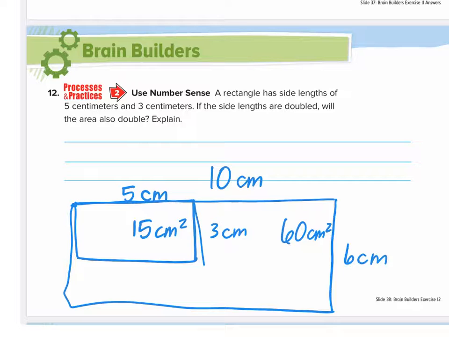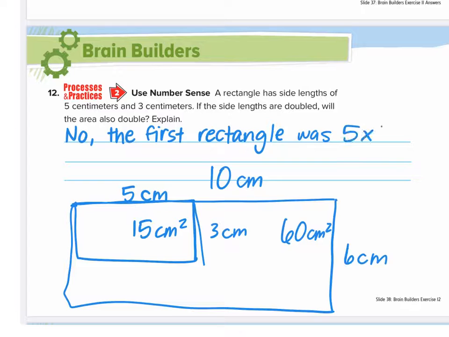So, no, the first rectangle was 5 times 3, equals 15. If the side lengths are doubled,